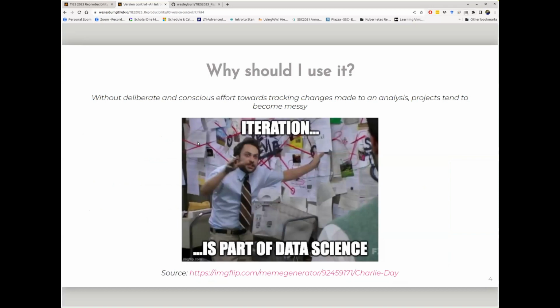So why should I use it? Well, without a deliberate, conscious effort when you're tracking changes, projects tend to become messy, like this Charlie Day meme where he's conspiracy-theorying it up, right? Everything is just a mishmash, and you don't know what happened when and where and how and who.